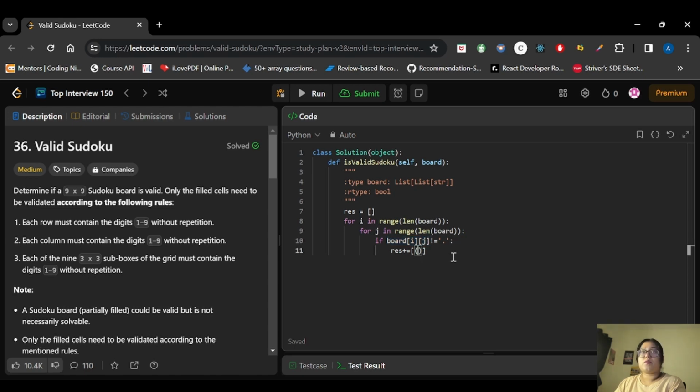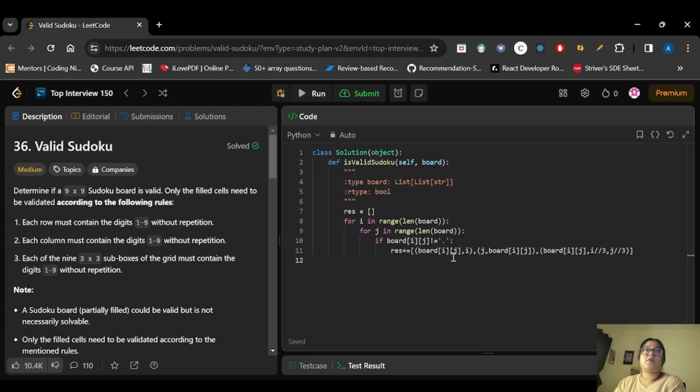So first I will get the element with the i index, then I will get the j index with that element, and in the same way I will get the index with it.